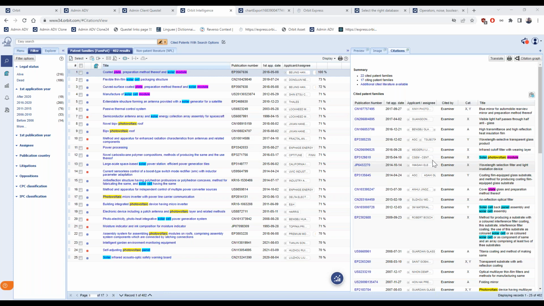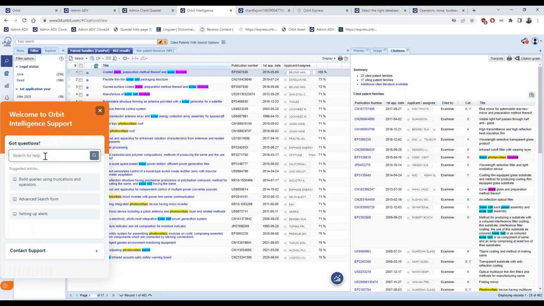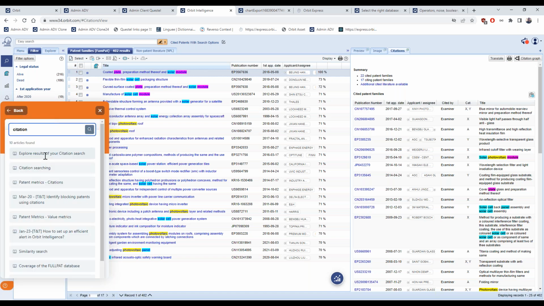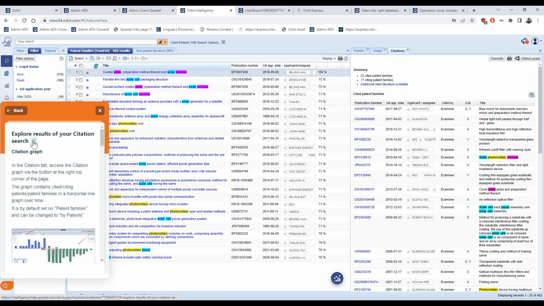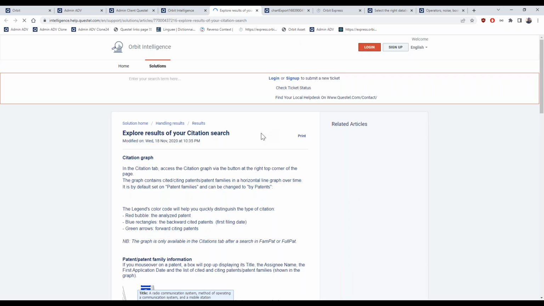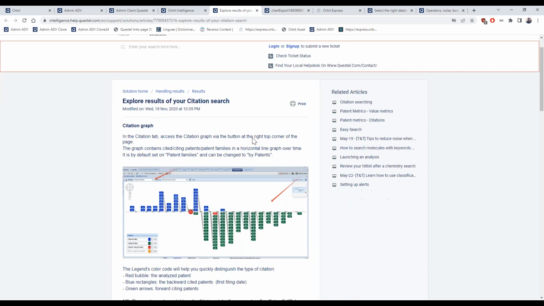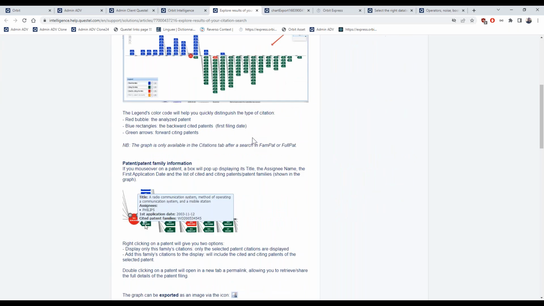If you want to find more about the categories of the citations, there's a dedicated article in the knowledge base. So citation. So the graph that we saw.